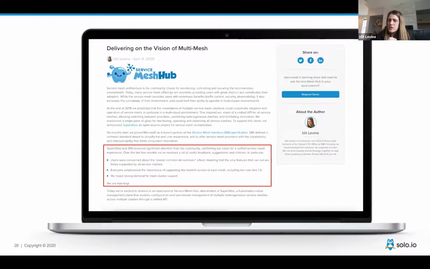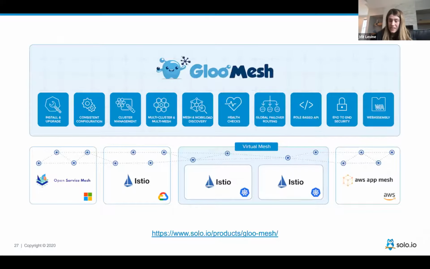It's something called Service Mesh Hub. It's an open source project. It's now called Gloo Mesh, but it's an open source project. And again, the idea is very, very simple. We want to make sure that it's simple to use, it deals with multi-cluster, and it gives you a lot of simplicity behind the mesh. So it's an open source project, so go check it out, but that's the idea, right?